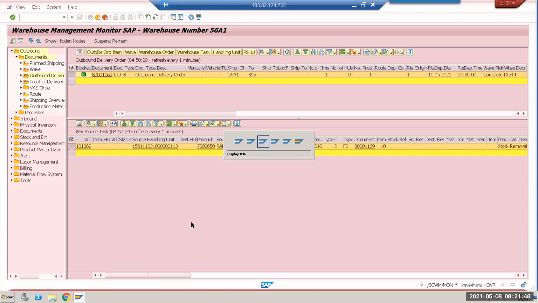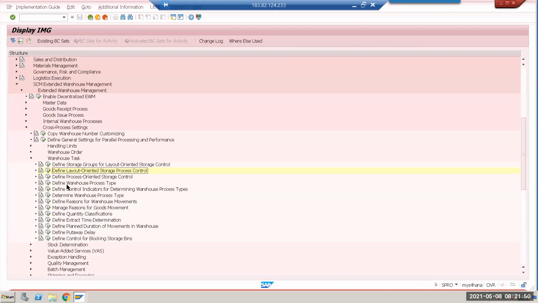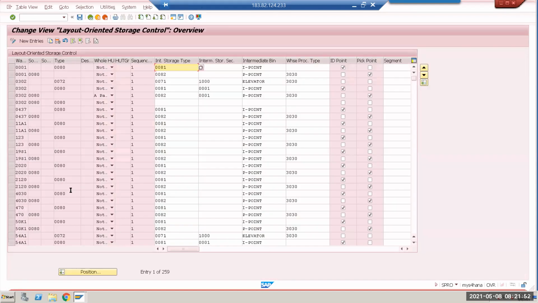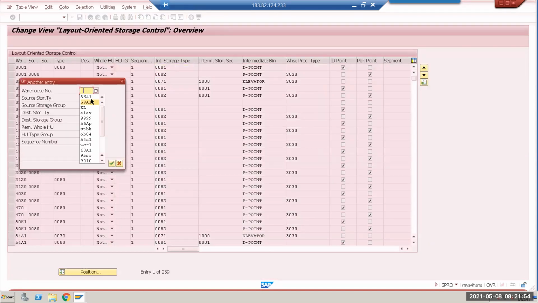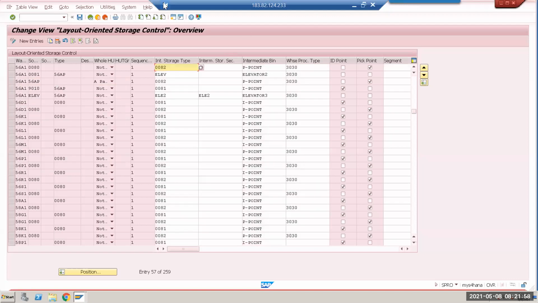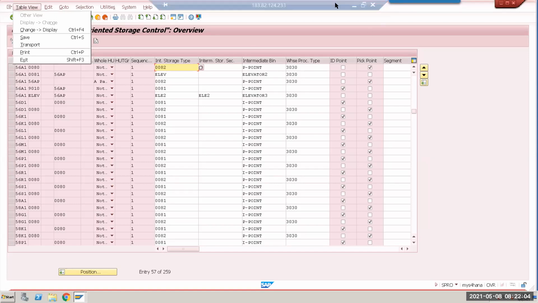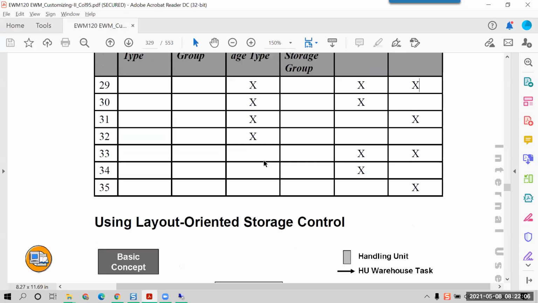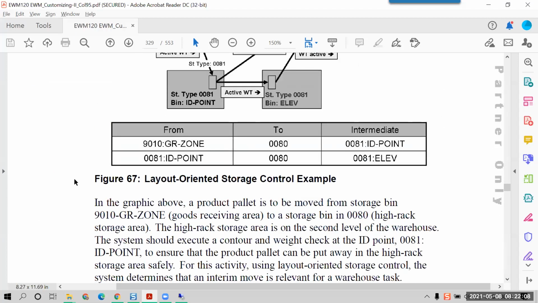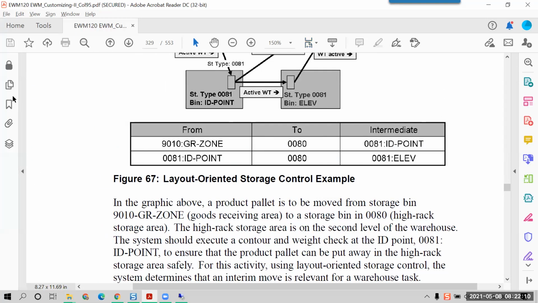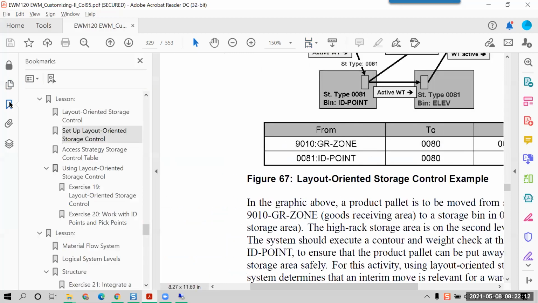Maybe yeah, we can also do that. So the whole HU also will go to the pick point. Partially I just tried because that was the case, but ideally, even without it, with not relevant, partial was not working. I told in the beginning of the call, right? Okay, yeah, partial is not working for me. No, it could work. Yeah, we did it many times. Let me check that here in the document. Maybe we did something different.